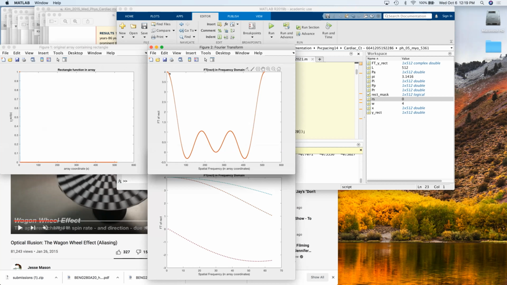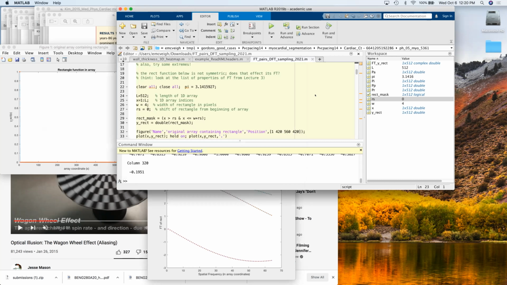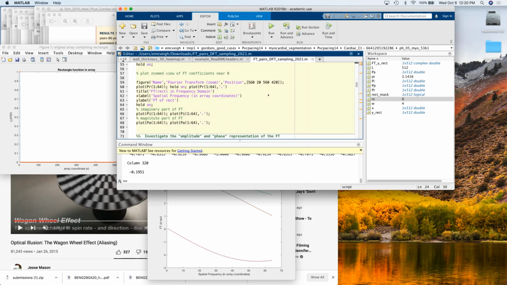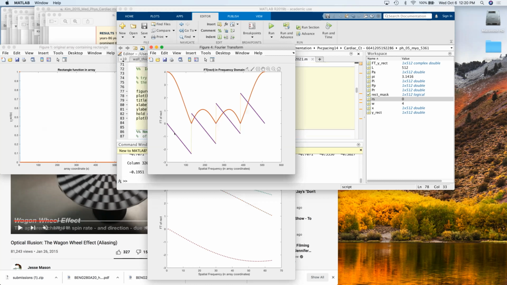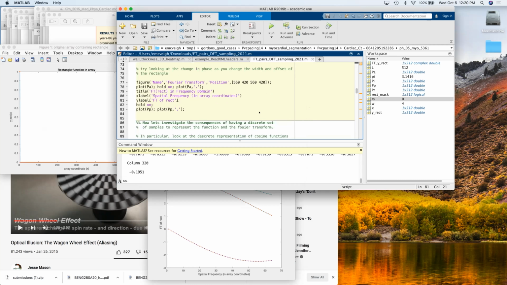Why is the sinc function not in the middle with a peak? Well, it kind of is, in the sense that this is zero frequency here going to higher frequencies. And then it reflects about this point and goes back to zero. So these are actually, you could consider the negative frequencies, right? And the next little simulation in here, this is just the phase, and the amplitude of that